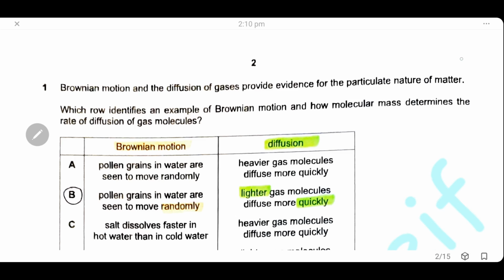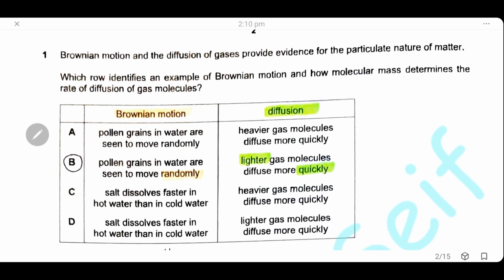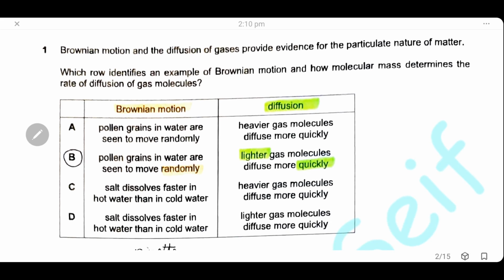Let's start. Question 1. Brownian motion and diffusion of gases provide evidence for the particulate nature of matter. Which row identifies an example of Brownian motion and how molecular mass determines the rate of diffusion of gas molecules? Brownian motion is the random motion of a particle suspended in a fluid, and the rate of diffusion of gases is determined by the molecular mass. The lower molecular mass has the highest rate of diffusion. So here the answer will be B: boiling grain in water seen to move randomly, and in diffusion, the lighter gas